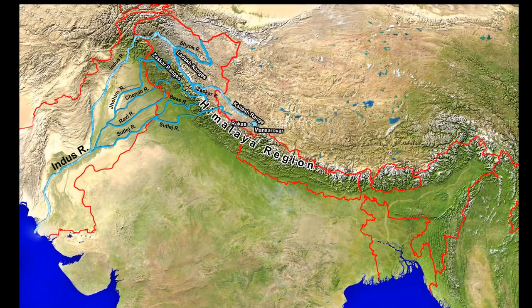The Indus River. The Indus originates near the Mansarovar Lake from the glaciers of the Kailash range in western Tibet. It flows in the northwest direction in the Trans-Himalaya region and continues to flow between Ladakh and Zanskar ranges. The Indus system of rivers comprises the Indus and its five main left bank tributaries, that are Jhelum, Chenab, Ravi, Beas, and Satluj, which combine into one river near Mithankot in Pakistan and finally drains into the Arabian Sea.